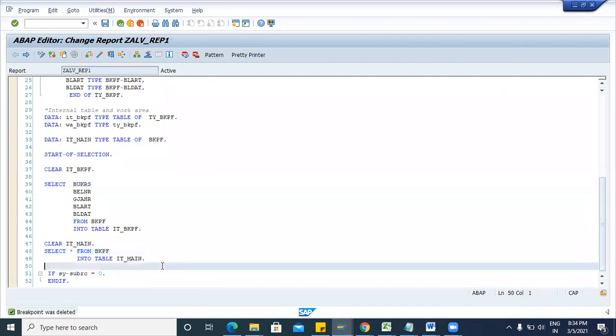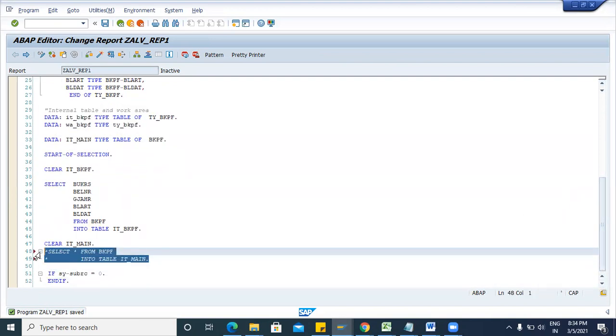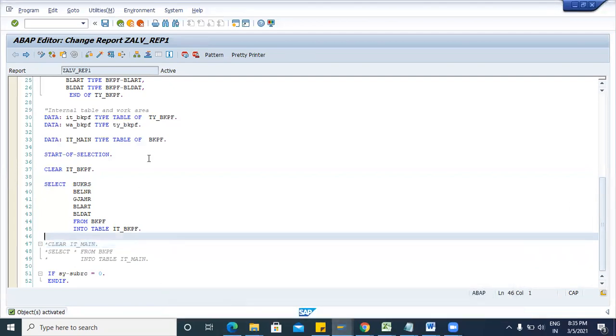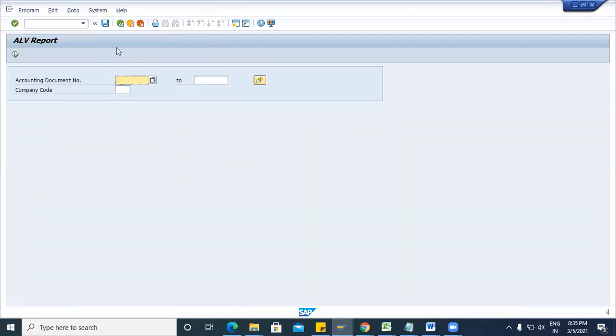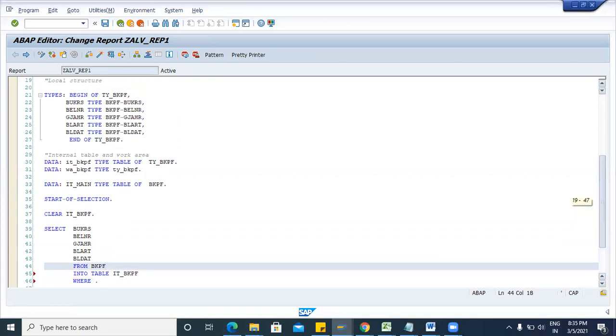Now, the next step is you can write this query, comment this query, activate, Control F3. You can also use that for activation. Then we will link this select option. Now I will link this select option with this select query. So how can you link your select option? Where now we are passing some condition.